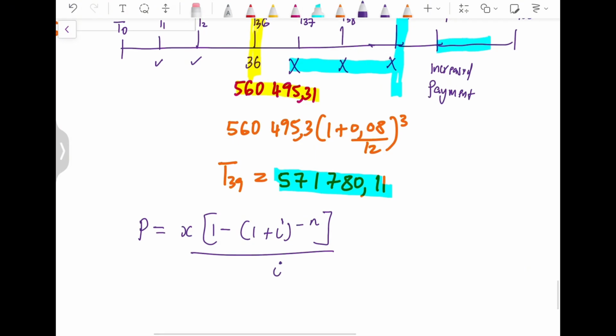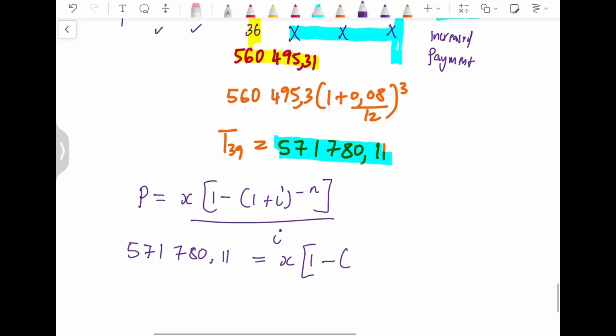Okay, so our new present value is 571,780.11. This is equal to X that we are looking for, the new increased X, times 1 minus (1 plus 0.08 over 12)